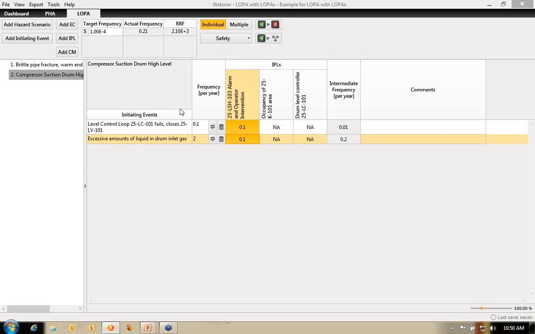as the excessive amount. The occupancy, you could probably call it a conditional modifier instead of an IPL, but I'm going to leave it here for now. We can put that frequency in, and then finally we have the drum level controller, which is effective in protecting against the excessive amount of liquid, but not in protecting against the controller function failing itself. So those are